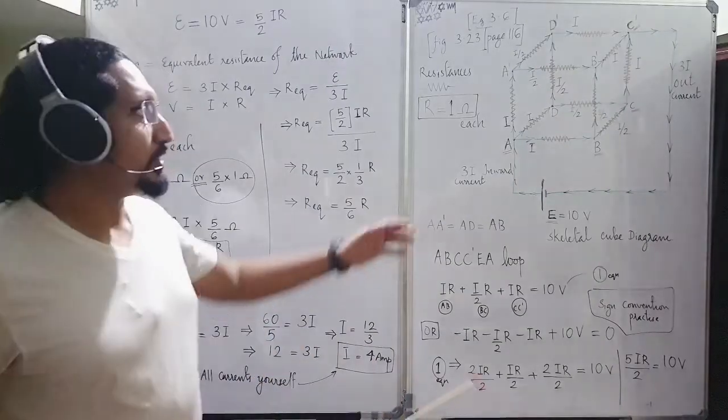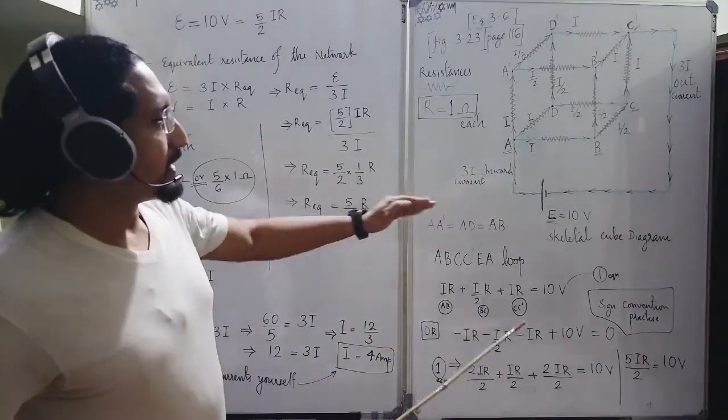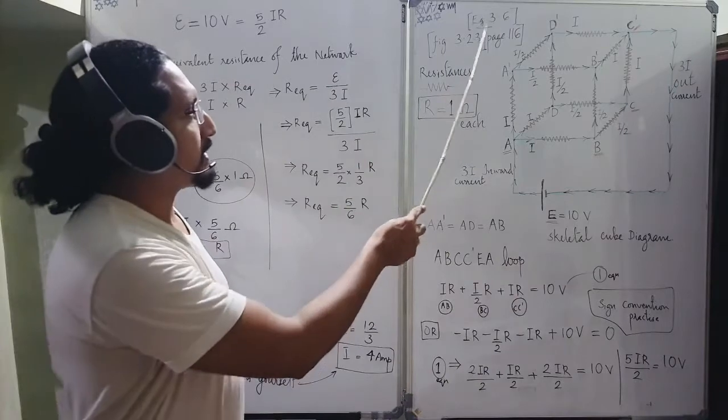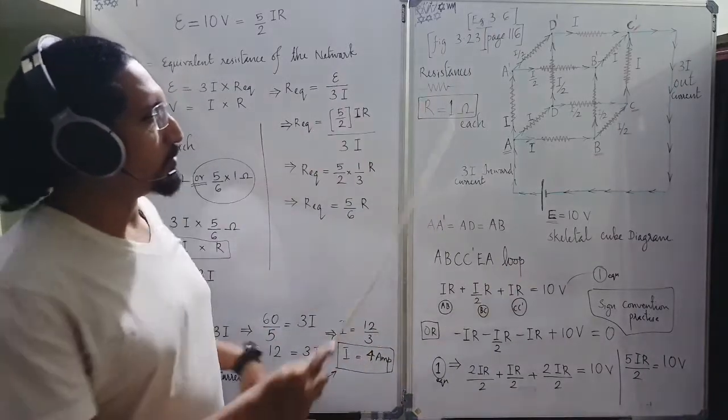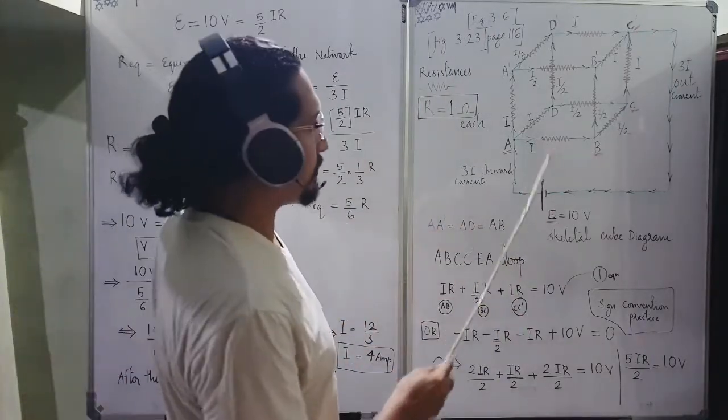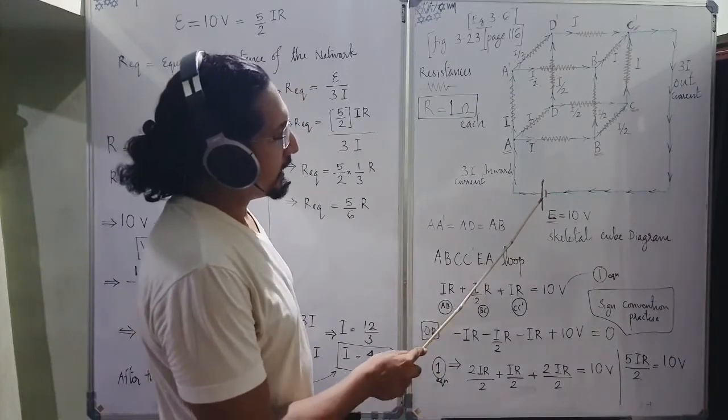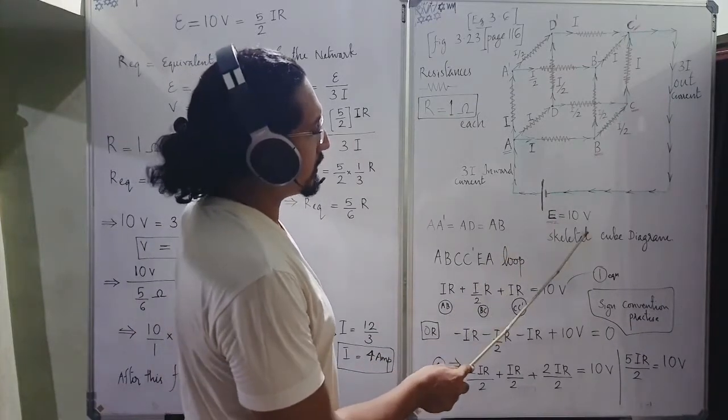Hello, my dear students. Today we are going to discuss the NCERT text problem in example 3.6, figure 3.23, page 116, the skeletal cube diagram problem. First of all, here it is given a cell which is having an EMF of 10 volt